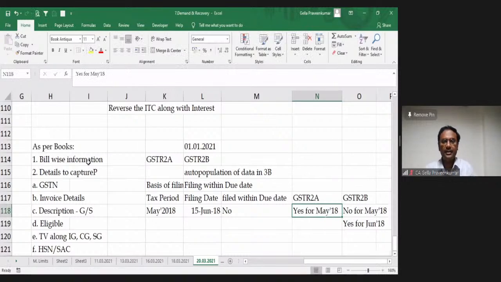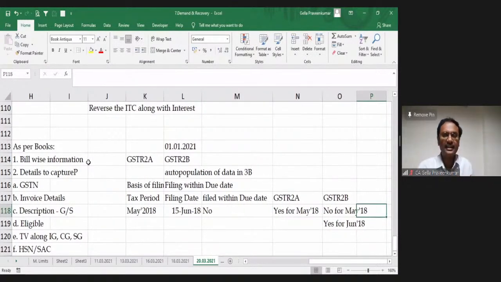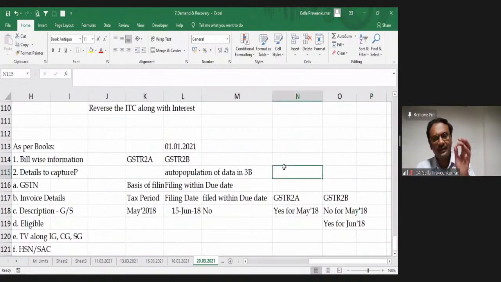What I'm trying to say, it's not Greek and Latin. Students, if you feel this is complicated, if you feel this is really absurd, please take it from me: my law is that way, my returns are that way. We don't have a choice. As a professional, we have to live with the law. I cannot question, I cannot argue. The lawmaker is asking me to track this way, I have to do tracking that way. I cannot question anything.